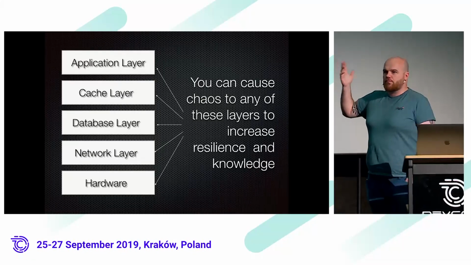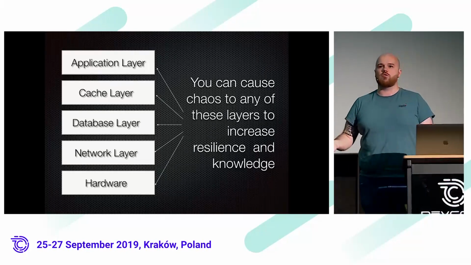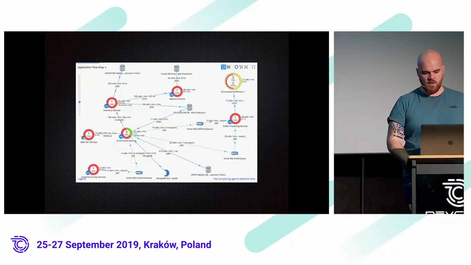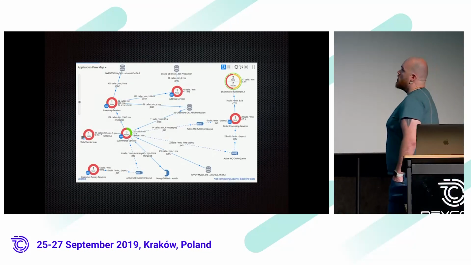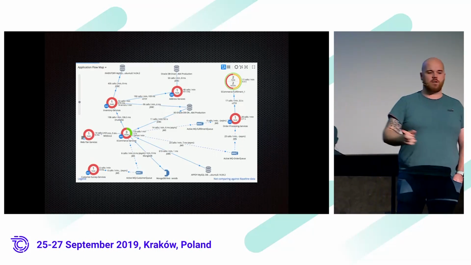Application layer, just stop, put like a firewall and stop people hitting your application, and what happens? You can very easily inject chaos into any of your systems. And because of that, we can start to see what goes on in our graph. If we go back and have a look at what is going on in our distributed systems